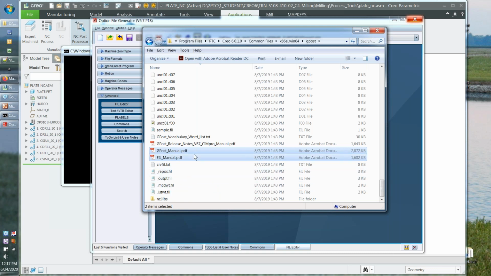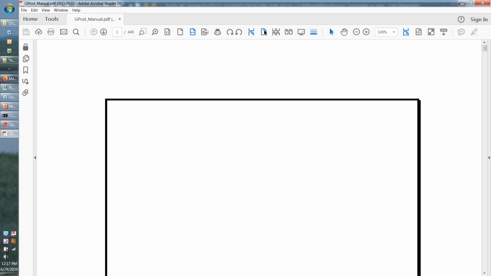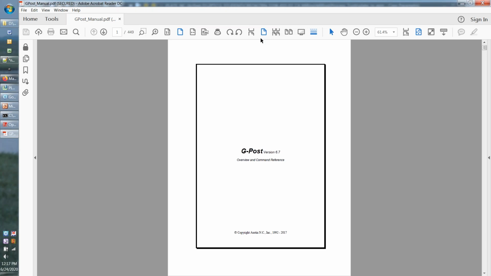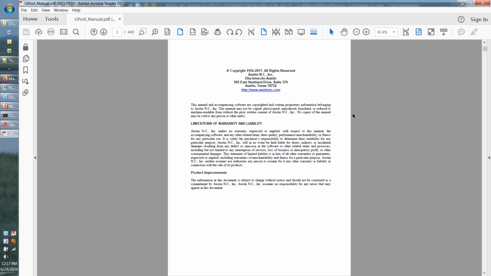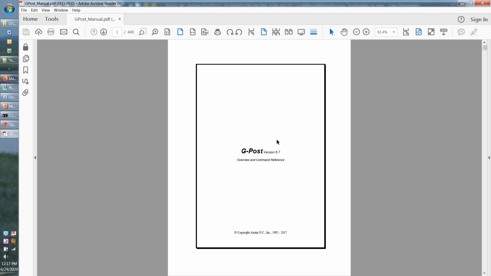There's a manual for the GPost. The GPost manual covers two very important things. I'm going to open it up now and give a quick preface to it. The GPost manual covers two very important things, and I'm not really going to be able to show it, but it covers the OFG and it covers the word list. And what I mean by that is, if we come in here and we do a search,